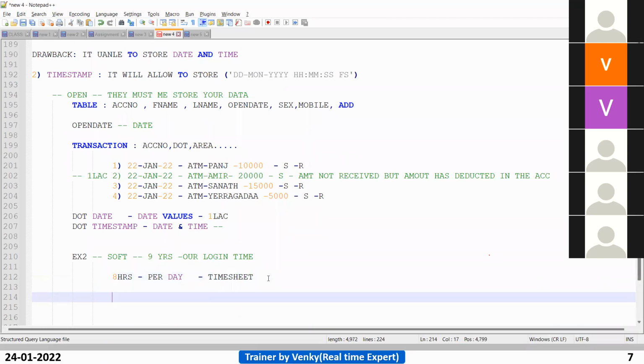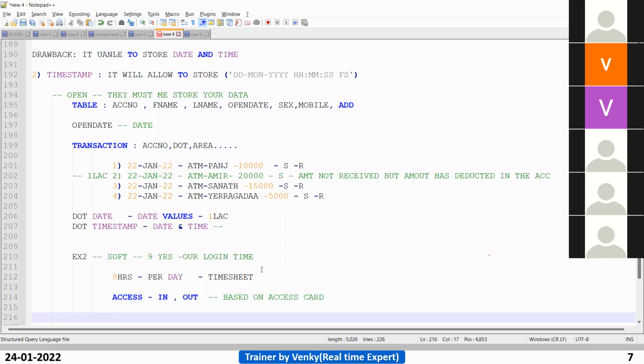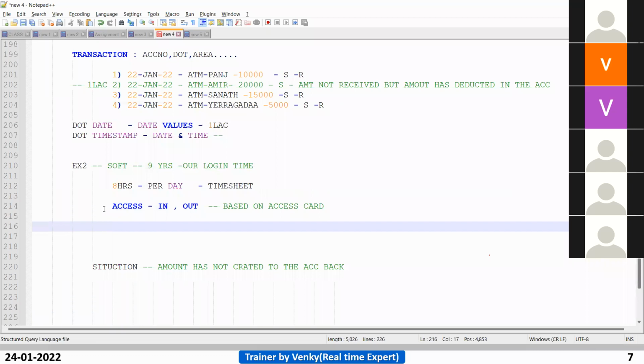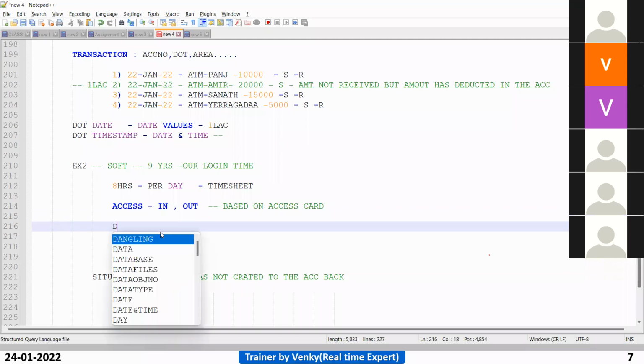Your manager will approve. For example, how will it be measured? By using the access. For every organization, there are in and out access points based on the access card. They will provide you an access card when you join the organization. If you want to enter the company, you must put the in access. If it is accepted, then only it will allow you to enter into the organization. Now if I take the tracking details with the date data type,